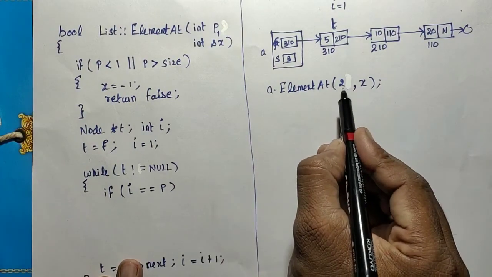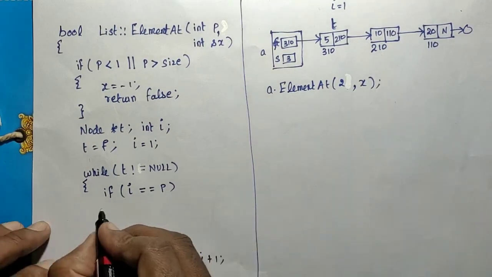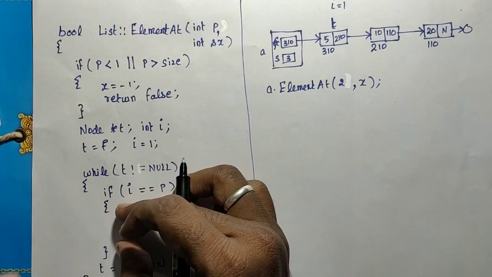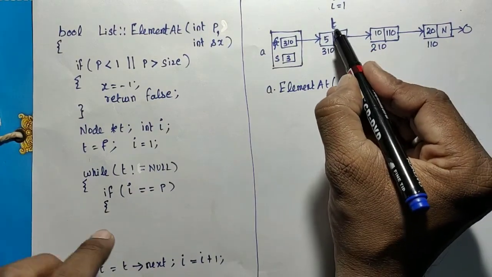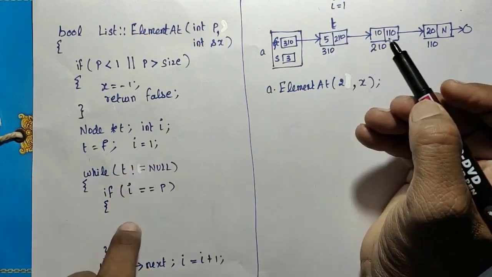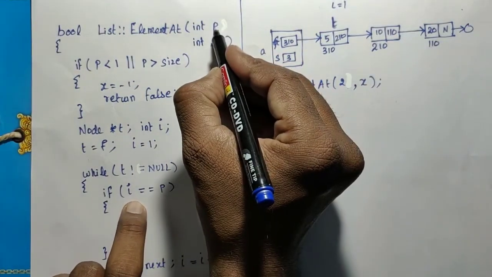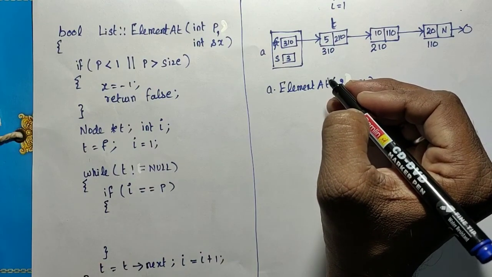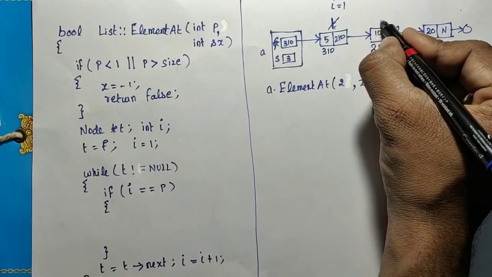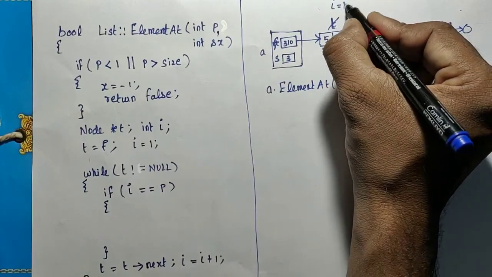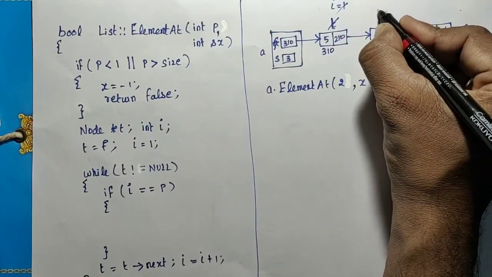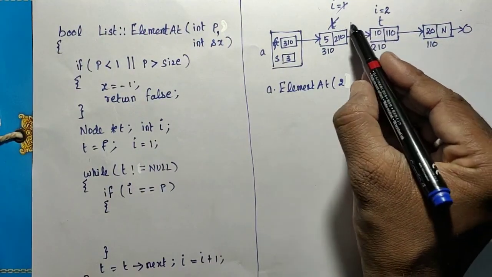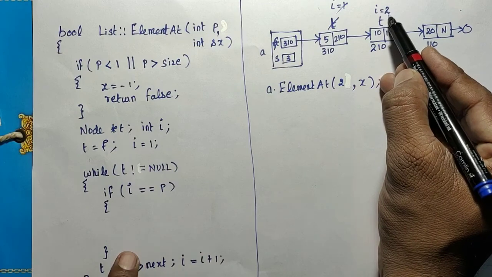Okay, so the second node I want. Second node means this one. So then this node I need, so I have to write the code to apply to that node. In that case, what is happening? When T is pointing to the first node, I equal to 1, we check 1 equal to the position 2. So this is not the node that we want. So I have to increment T. T will move to this node, and I will also move to the next one. So I equal to 2 now. When T points here, I will also get incremented.